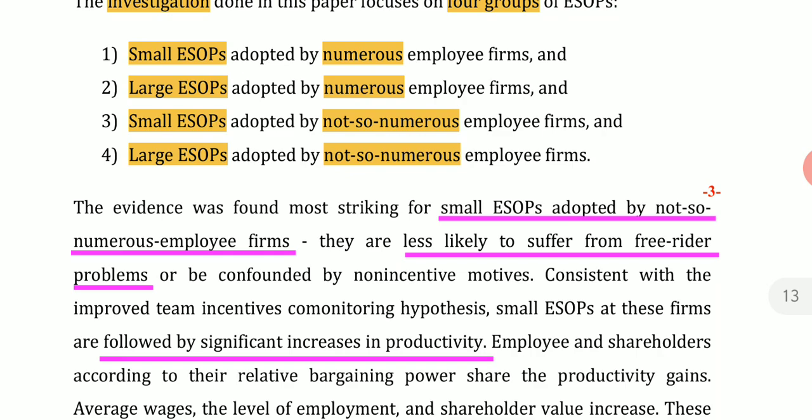Now such free rider problems happen in numerous employee firms, but in not so numerous, which is less employee firms, such free rider problems are not likely to happen. And then let's say 1 is the manager and 9 are the employees, and employee A is being given a higher number of shares in return for his work, or let's say he's just given at the beginning a higher reward, the more number of shares, then